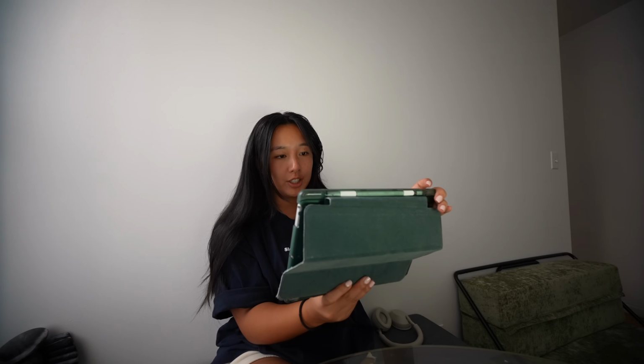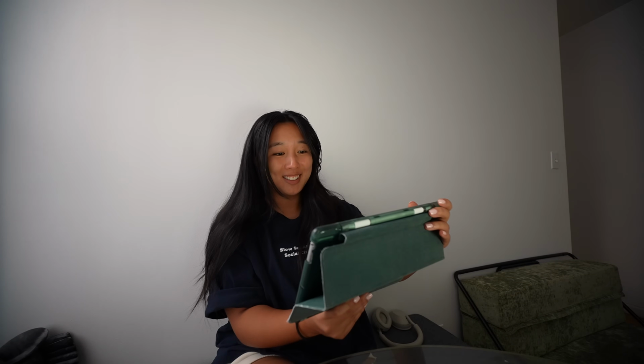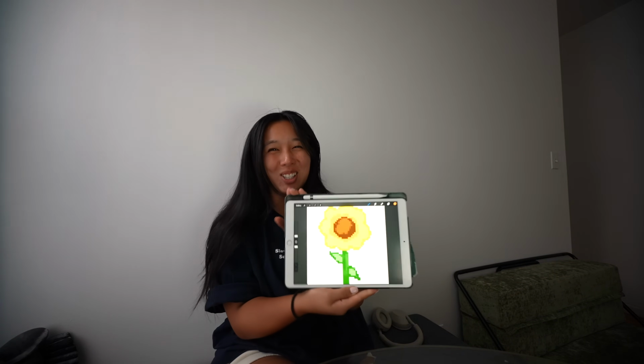So drawing has been taking way longer than any of the coding has. I feel like I've spent the last 2-ish hours just drawing, and all I've drawn so far was the rose, the lavender. I think the lavender actually looks the best. And I just drew the sunflower, and I definitely think this looks the worst, but it's gonna have to do